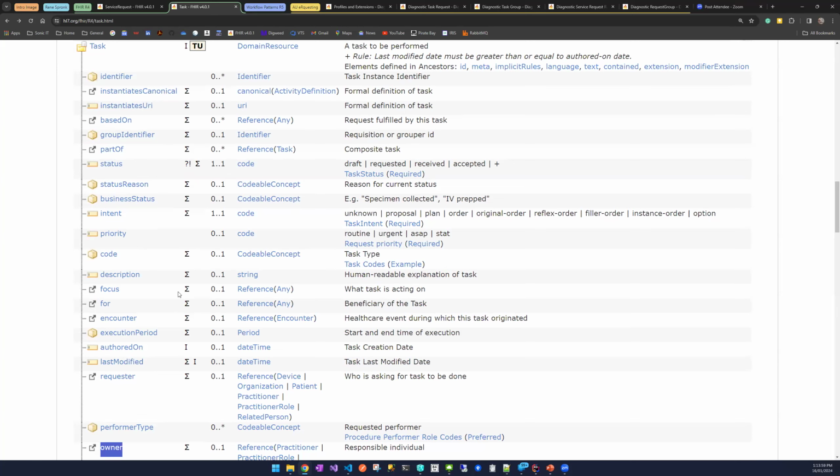So service request has a status and then task has a status of its own. So which status does that count for? Is it possible that the service request is in, say, draft and the task isn't requested? Yeah,